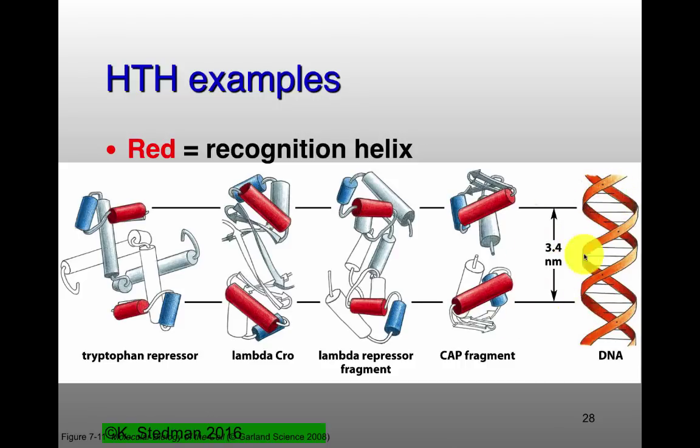And this 3.4 nanometers, I went back and checked, is actually correct. I misspoke in one of my lectures. Between these two is because it's 10 base pairs per turn, again, from Watson and Crick's structure. And 0.34 nanometers is the distance of one base pair, so 3.4 is 10 bases. So in regular B-form DNA, 10 bases, you're going to get back to the same side and have that same major groove in that place, which means that when you have one of these helix-turn-helix and typically a dimeric protein, each of these, again, is going to bind in adjacent major grooves of the DNA.